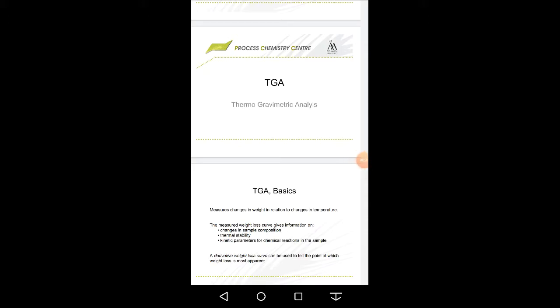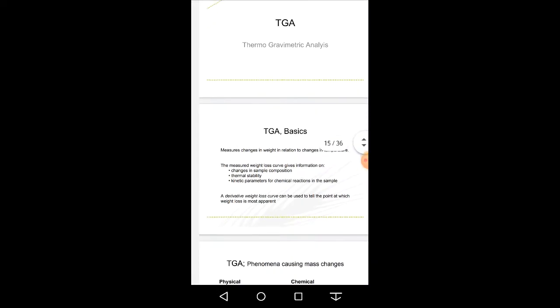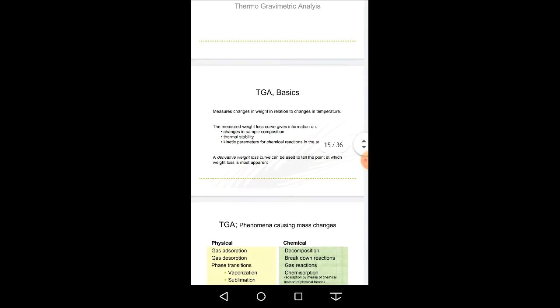So now we will study some thermal analysis methods, of which one is thermogravimetric analysis. Thermal analysis methods basically measure the chemical and physical changes which occur with temperature changes. Okay, so in thermal analysis, one method is thermogravimetric analysis. So what is it? In this method we measure changes in weight in relation to changes in